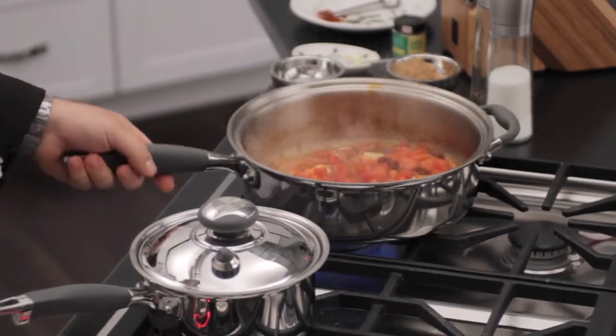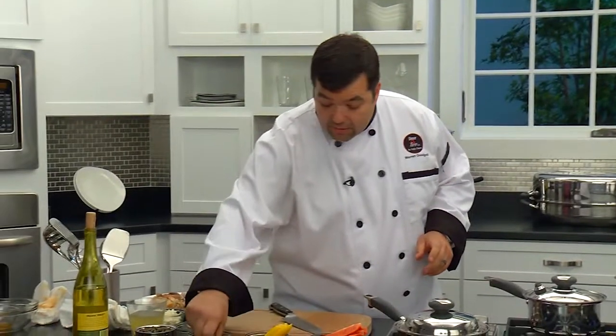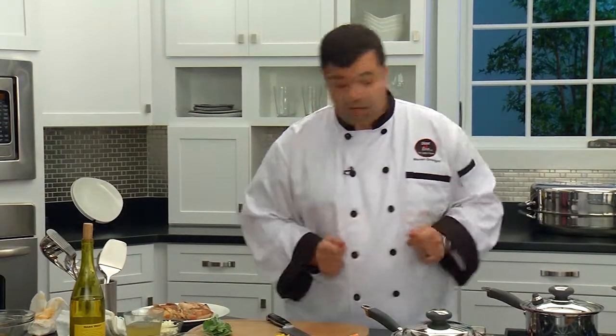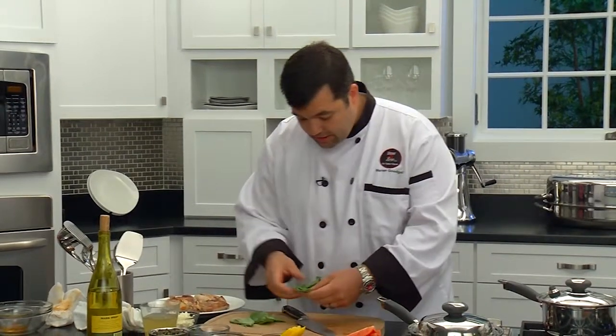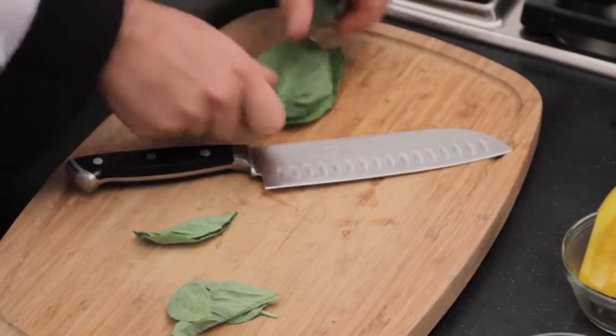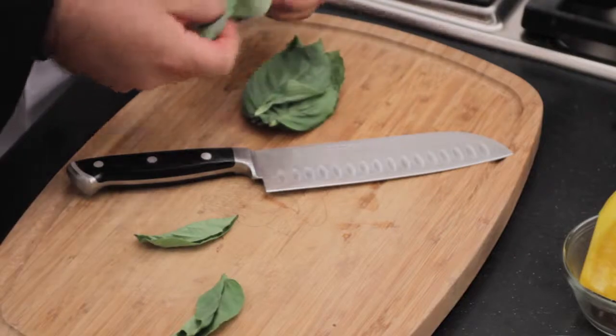While that's reducing a little bit here, what we're going to do is do a chiffonade of basil. We're going to show you how to do a quick chiffonade of basil here today, and I'm going to cut up some peppers that go into this dish as well, right? So for the chiffonade, the nice thing is to get your basil leaves. Chiffonade basically means it's just sliced really nice and thin. We put them all together like this, and then we kind of roll them up like a cigar,